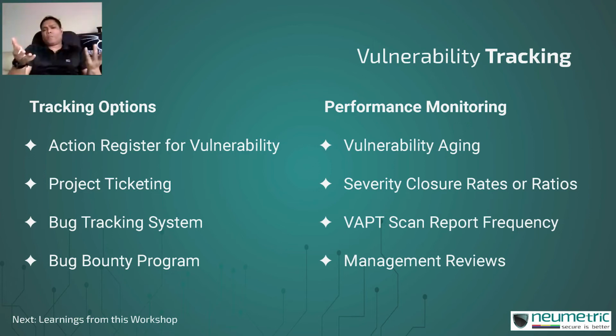You could use project tracking tools. Usually your development team itself will be already using some kind of a project ticketing system. You can just go ahead and create a project that is meant for security and start tracking your vulnerabilities there. You could use your bug tracking system. The benefit of a bug tracking system is that not only are inputs possible internally, but you can probably allow someone outside the organization to be adding bugs to your system. And bugs are nothing but problems in your application. Some of the bugs could actually be weaknesses or vulnerabilities.